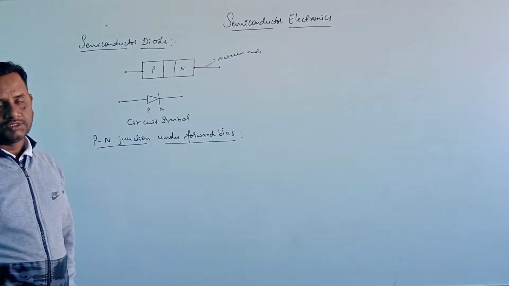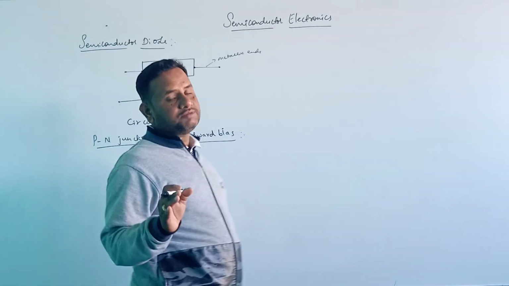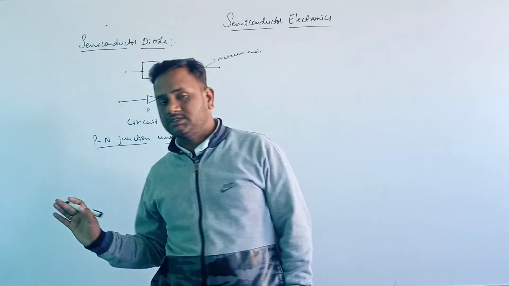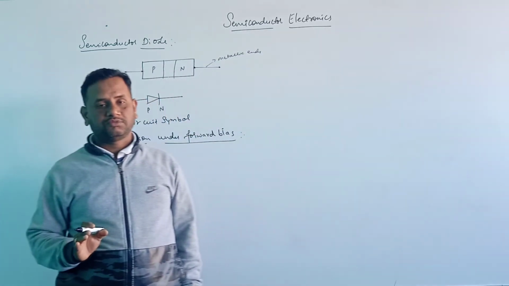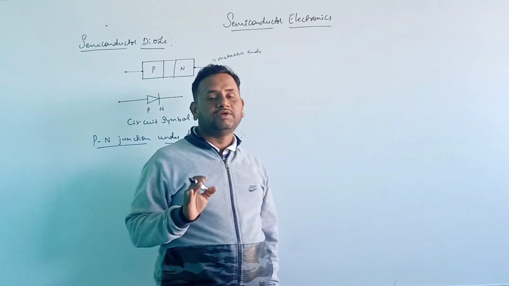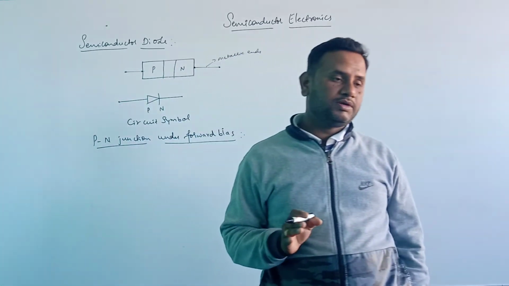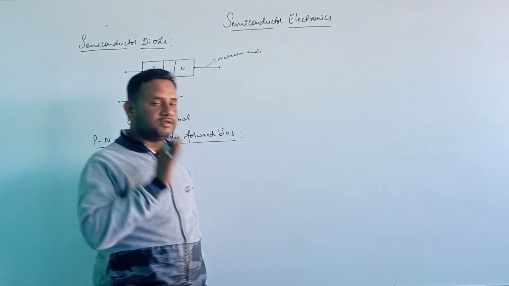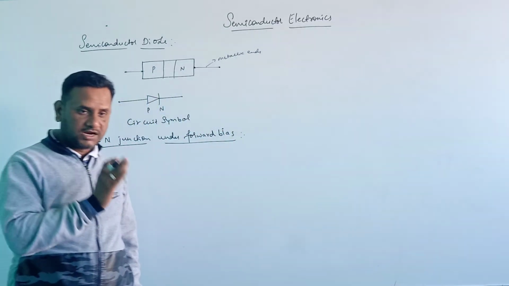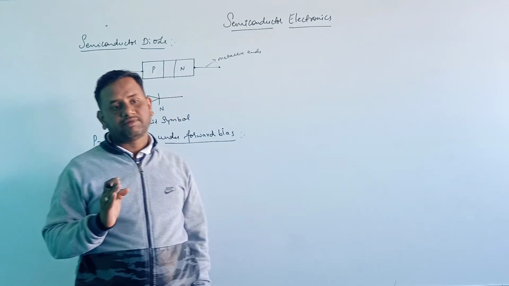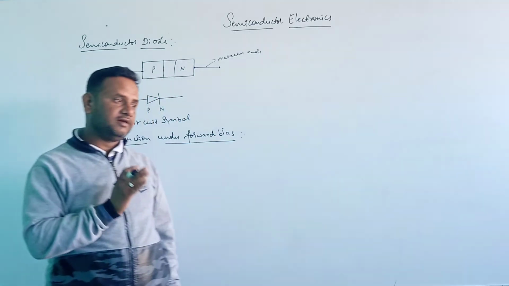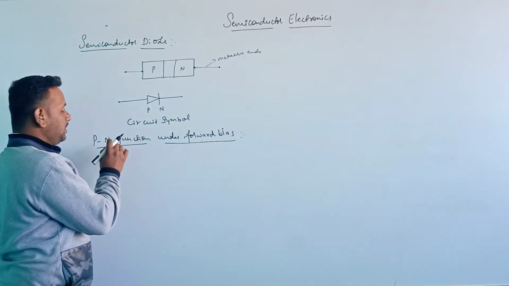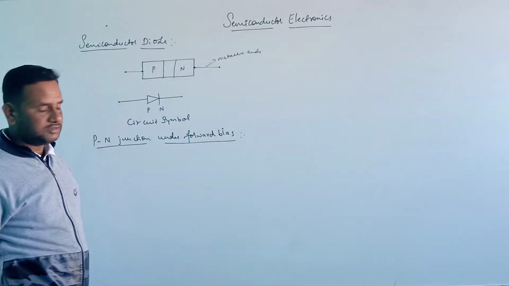They might ask you this sometimes in viva questions, in practicals also, and you are having a practical on this forward bias too. So the PN junction is under forward bias when the positive terminal of the battery is connected to the P side and the negative terminal of the battery is connected to the N side. Okay, I'll draw that.